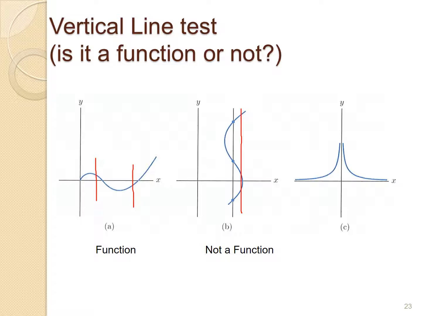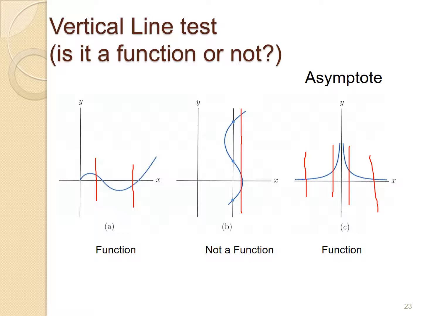Well, if we draw a line over here, it crosses once. If we draw a line up here, it crosses once. Well, all of these, when we draw one line, it only crosses one time for each line. So it appears to be a function, right? So well, what about at the y-axis? Well, this kind of graph, when it gets close but they kind of stop, it means it doesn't actually touch the y-axis. This one will actually be a function because every place that you draw it, what happens is that